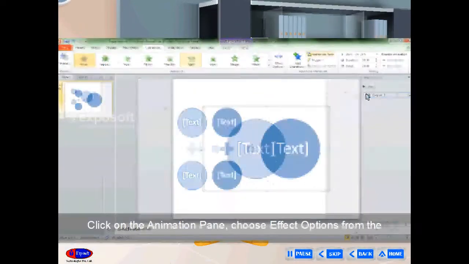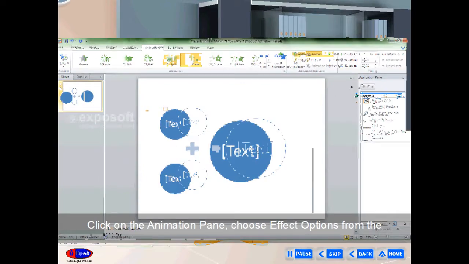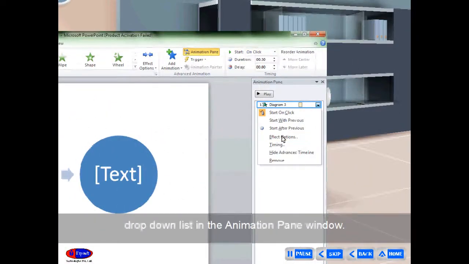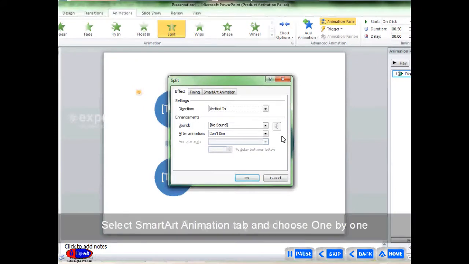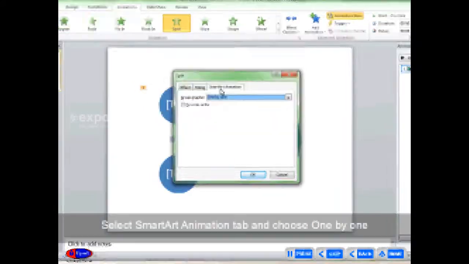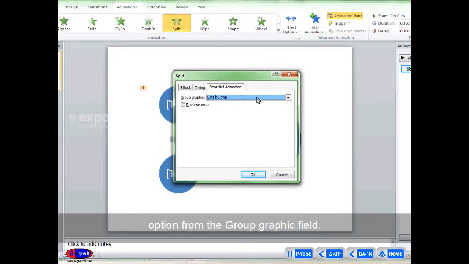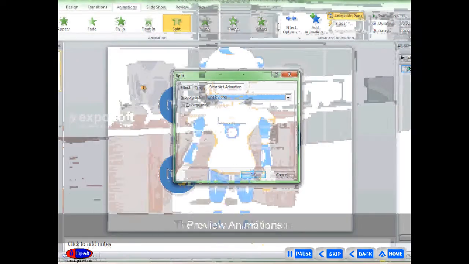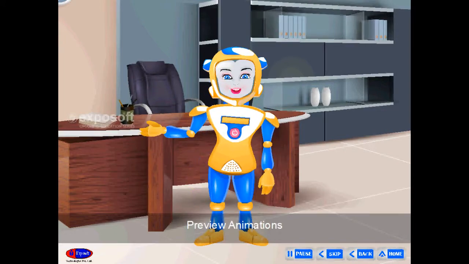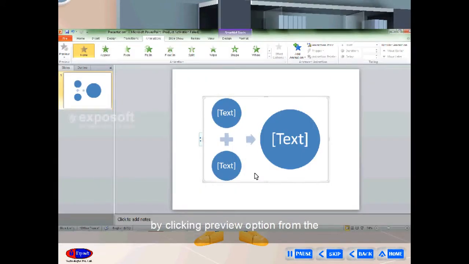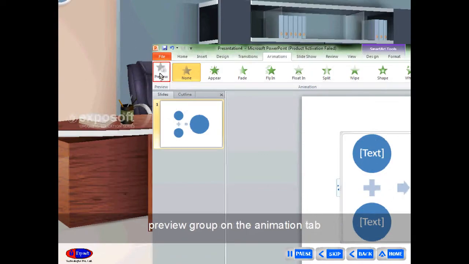Click on the Animation Pane, choose Effect Options from the drop-down list in the Animation Pane window. A dialog box appears. Select the SmartArt Animation tab and choose the One by One option from the Group Graphic field. Then click on the OK button. Preview animations. You can preview the animation by clicking the Preview option from the Preview group on the Animations tab.